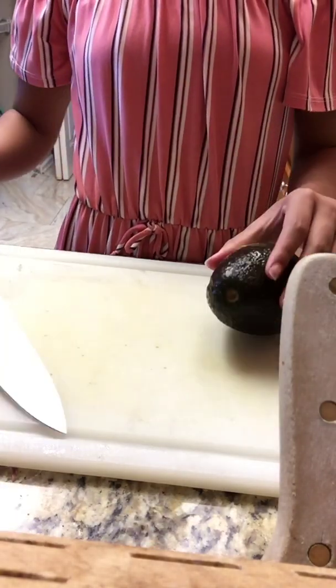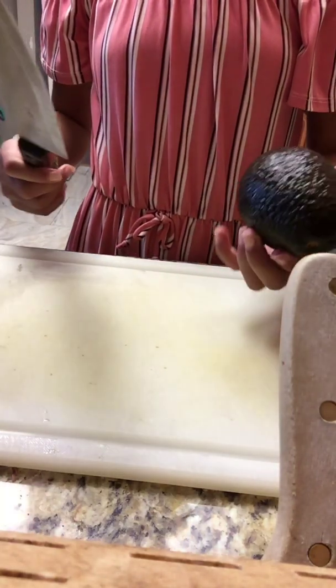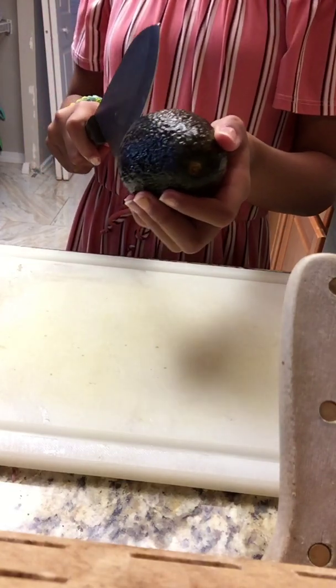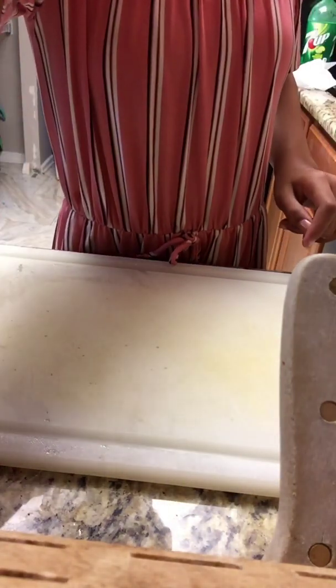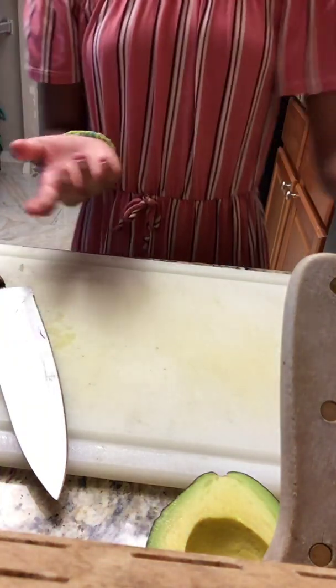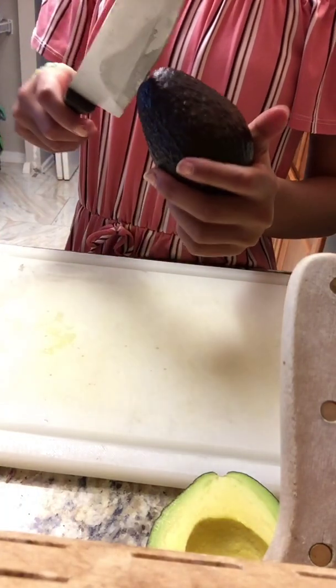And so how you cut the avocados is you take a knife and you, like that? Okay, wait. Hang on. So basically, we're going to start cutting the avocados now, because my dad just taught me how, because I didn't